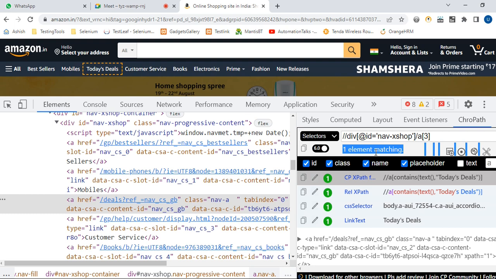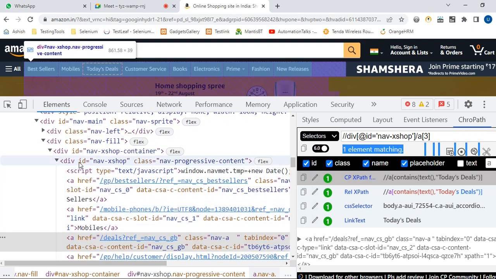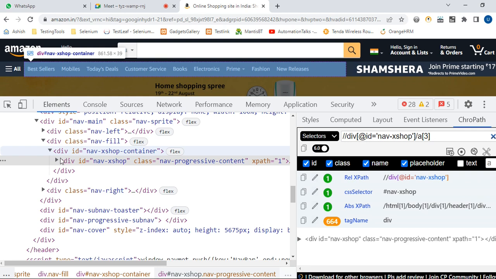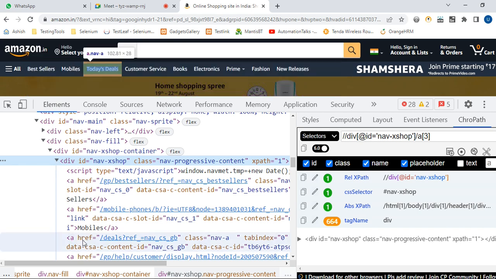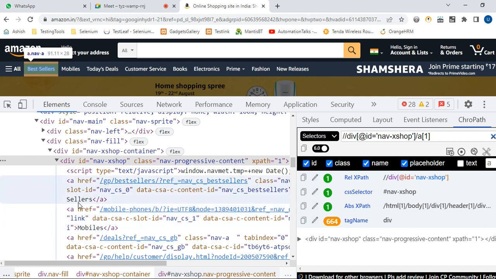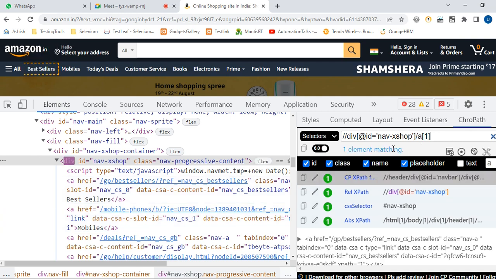यूनिक एलिमेंट आपको मिल गया। ओके, सो अगर आपके पास ऐसा टैग है जिसमें आपको आईडी या नेम नहीं मिल रहा, तो गो टू द पैरेंट टैग। सो लाइक लकीली वी फाउंड दिस, इसके पैरेंट टैग में आपको आईडी मिल गया। अगर उसमें नहीं मिलता तो यू कुड हैव गॉन टू द नेक्स्ट लेवल। इसका पैरेंट कौन सा है, आप यहाँ से ले लो। फिर डिवीजन टैग की पोजीशन क्या है, एक ही है, तो डिवीजन स्लैश, और फिर आप एंकर 3 पे जाओ। सेम वे अगर यहाँ पे 1 कर दोगे तो इट शुड रीच टू दिस लेवल, दैट इज बेस्ट सेलर्स। 1 एलिमेंट मैचिंग एंड दैट इज द बेस्ट सेलर्स।